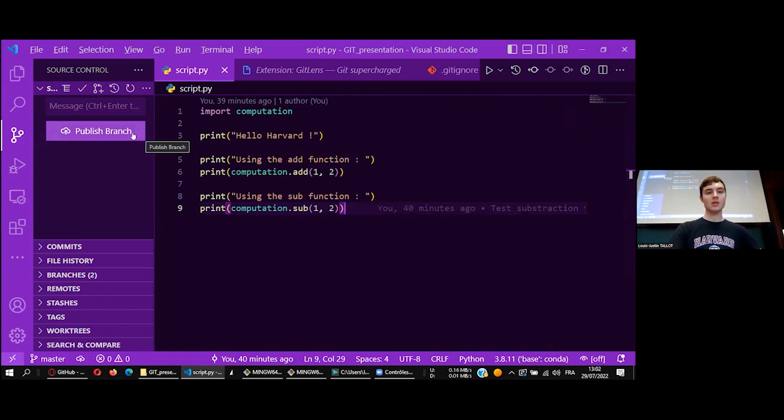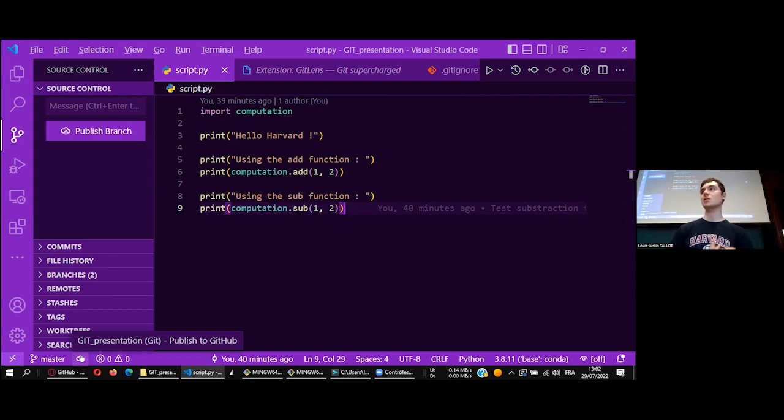And I can directly publish the branch. I'm going to go over there. And as you can see, when I hover over it, there is the name of our repo. It's Git, because I didn't talk at all about that, but there are also other version control systems like Mercurial or SVN, which are less and less used today because Git is the most recent one and the best choice. And there is a rocket published to GitHub